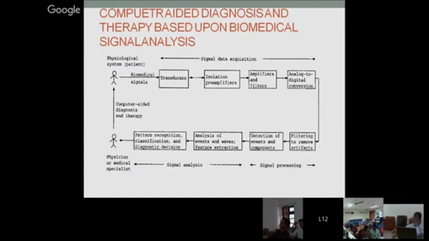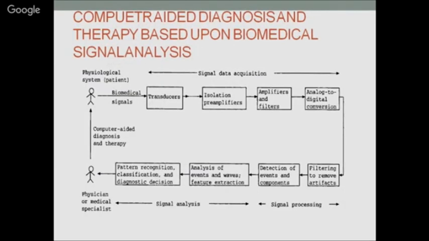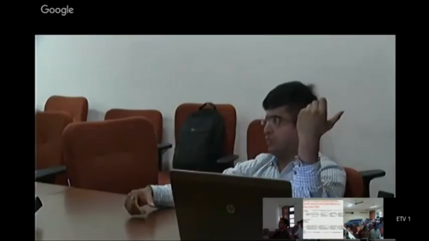Now there are amplifiers and filters. Amplifiers and filters, I think anybody can design. Nothing is more complicated about them. You just have to be careful about the characteristics of the signal for which you are designing your amplifier or filters, like bandwidth. You should know which is the minimum, the maximum, and which is the efficient bandwidth. In EMG, there are two things: the stated range is 0 hertz to 500 hertz, but the effective range is only between something like 60, 70 to 150 hertz. So that efficient area, that bandwidth, we have to select.